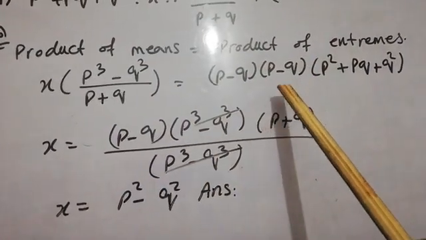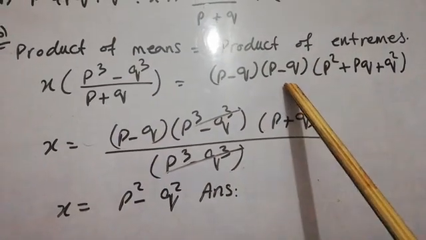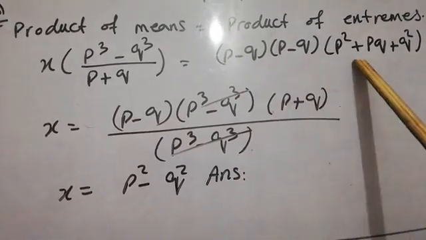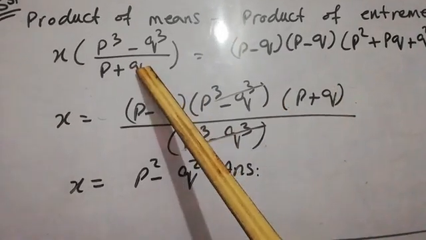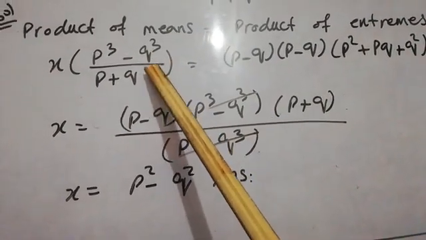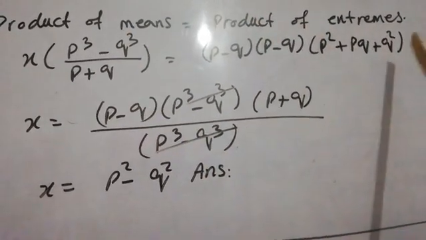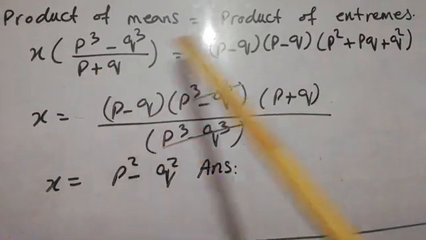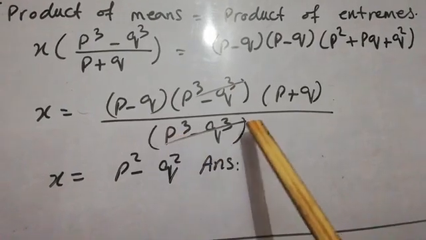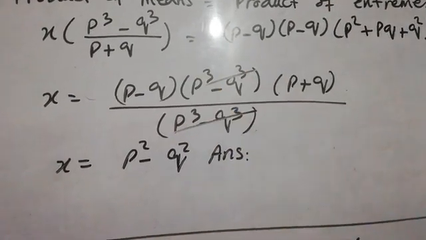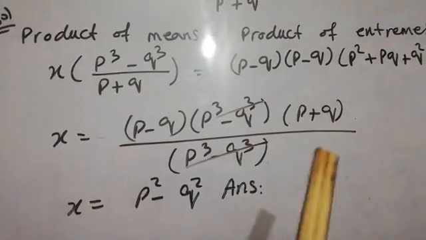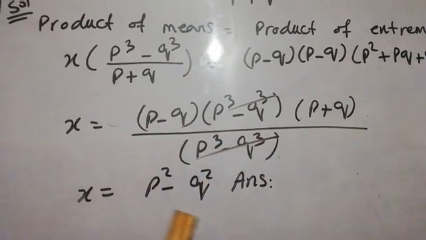So you can see that this is the formula of p cube minus q cube. So we will write p minus q and p cube minus q cube, and then we will multiply the inverse of this value to the right hand side. So this will become the reciprocal, p plus q by p cube minus q cube. P cube minus q cube will cancel with each other, and then we have p minus q into p plus q, you know that, which is equal to p square minus q square.